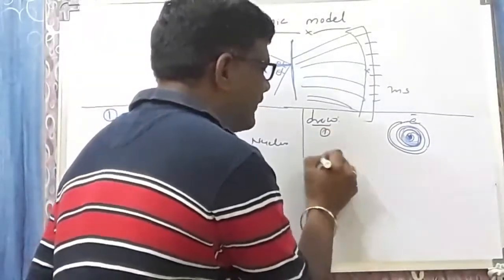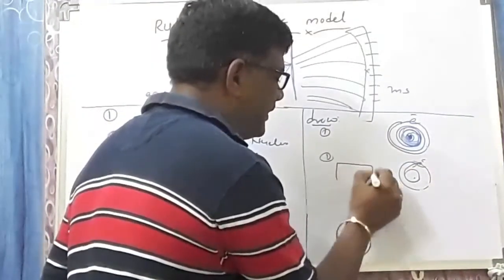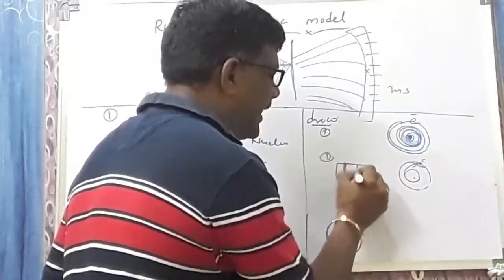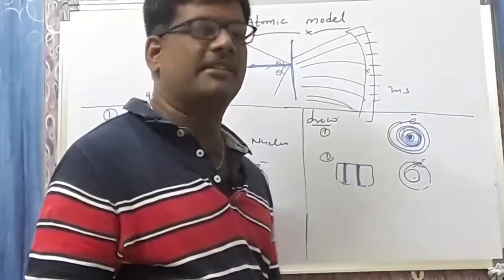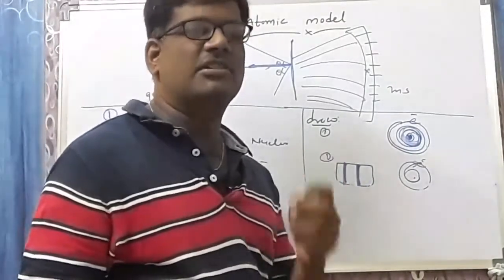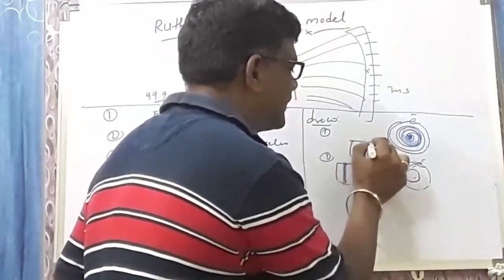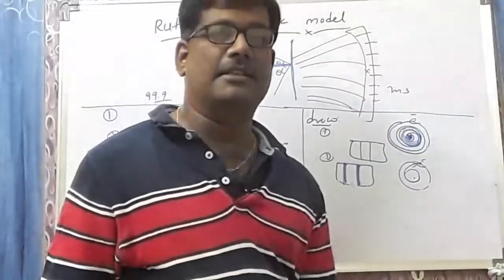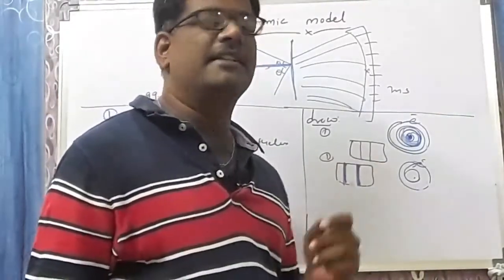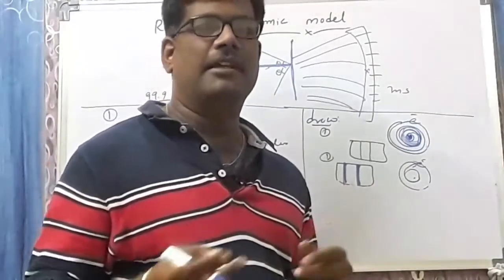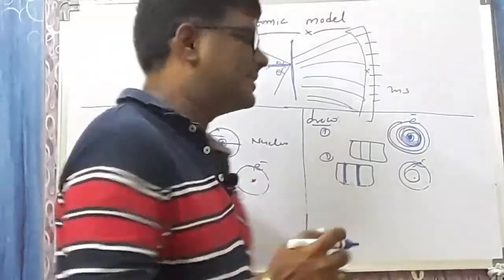Number two, whenever the electron loses energy continuously, the spectrum must be a band spectrum. A band spectrum is nothing but a bunch of lines. But we are getting clear, distinct lines. So he could not explain why it gives clear distinct lines instead of a band spectrum. Actually, you should get a band spectrum, but we are getting a line spectrum. He could not explain this also.